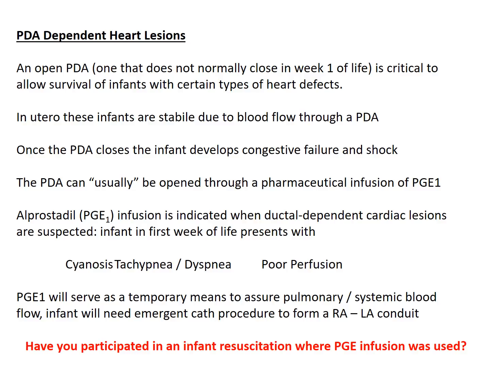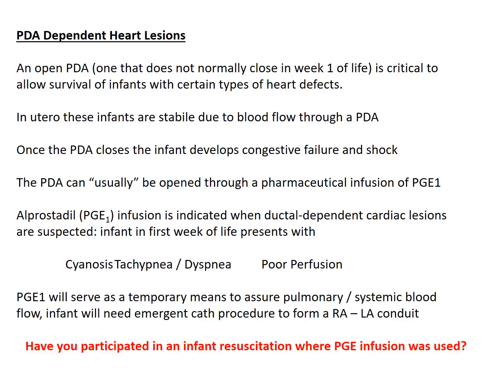So ductal dependent lesions, there's a couple of them where the infant does fine in utero, but as soon as the ductus arteriosus starts to close off in extrauterine life, it leads to a state of hypoxemia and circulatory collapse. So there is a drug called PGE1, alprostadil. It's a prostaglandin, and when infused in an infant recognized as having circulatory failure and hypoxemia in the first hours or days of life, where that might be due to a heart lesion, one of the first things that can be done is to begin an infusion of prostaglandin E1 to keep